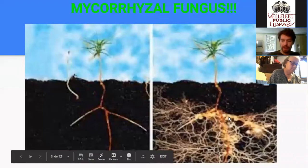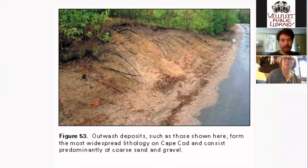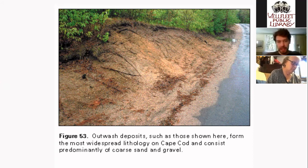So kind of going back to this picture, when you're distributing that organic layer, you're kicking up all the sand to the top, and you're spreading all the good stuff out into the sand. Now, one of the reasons why this organic layer is so thin is just because of decades and decades of